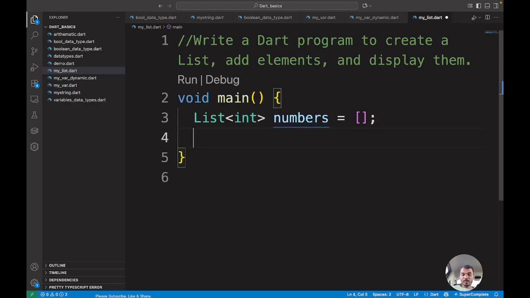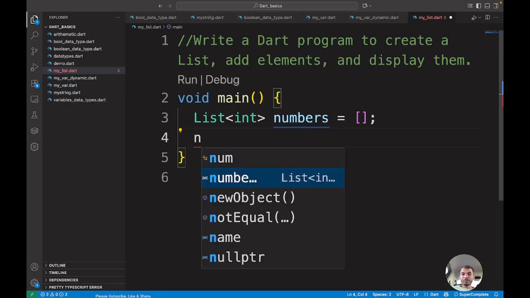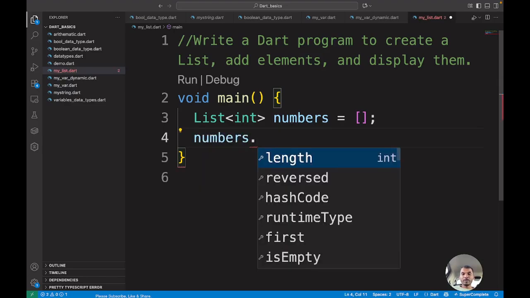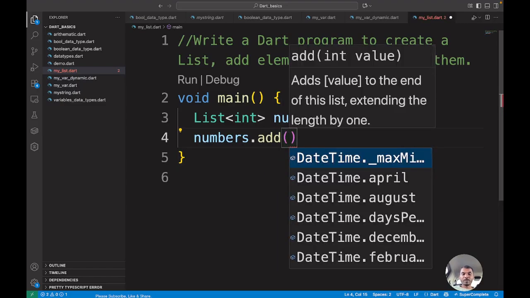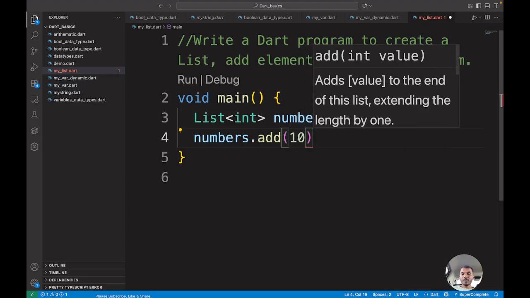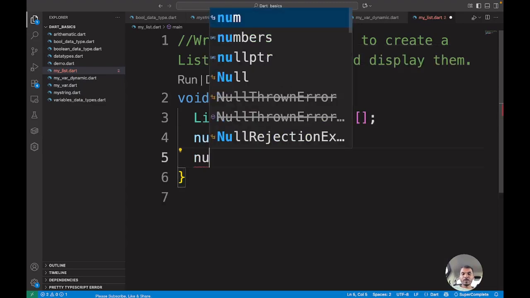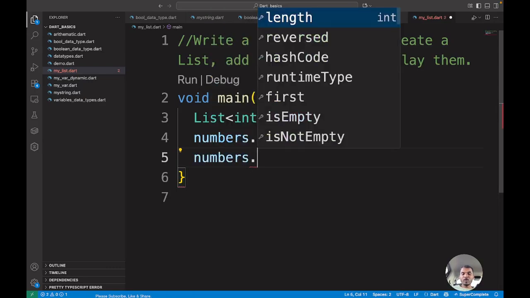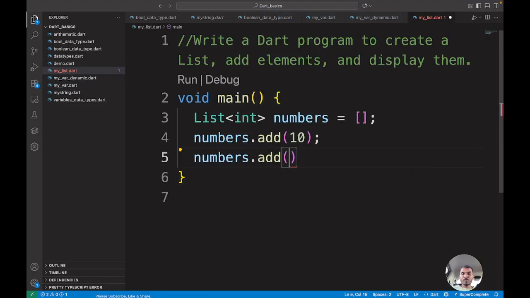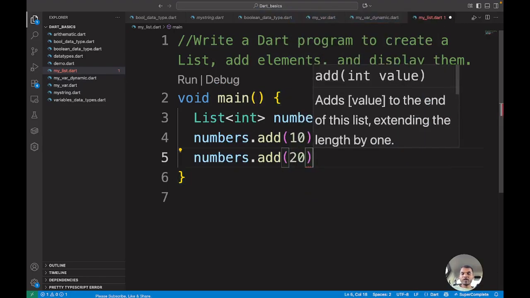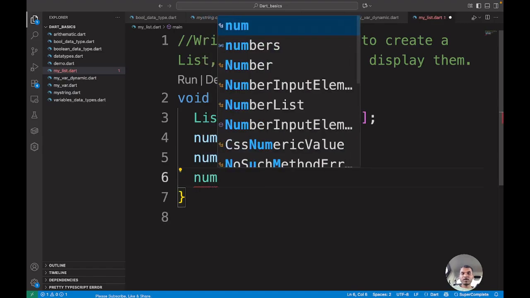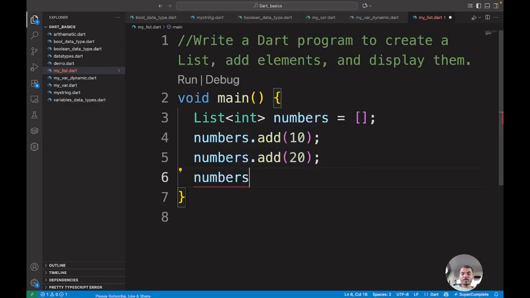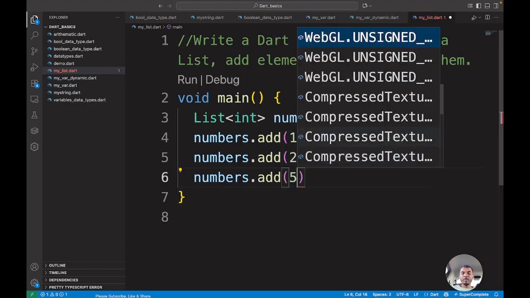For that, type numbers dot add method, 10, semicolon, then numbers dot add 20, semicolon, then again numbers dot add 50,